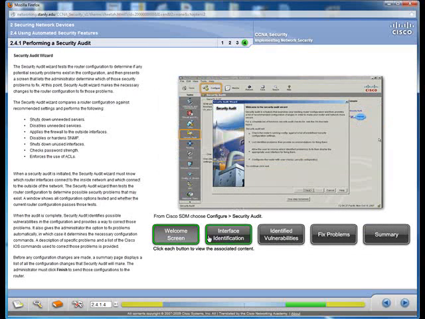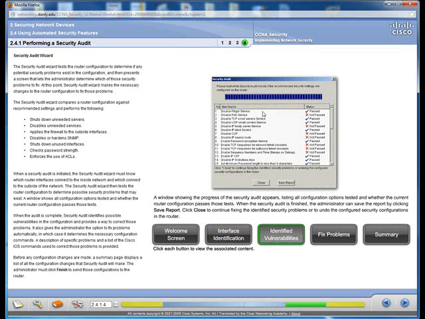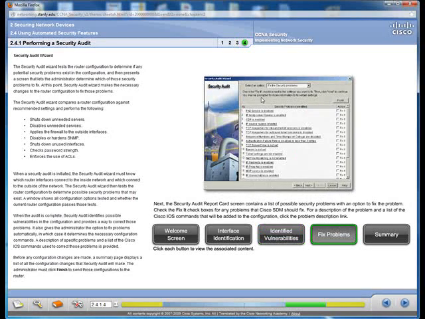So here's Security Audit Wizard. Okay, so we go in, we click on Security Audit. You tell it which interfaces are inside, which ones are outside, so which ones are clean, which ones are dirty. Here are the vulnerabilities that have been found. And then, if you want to fix the problems, you can click all these, click Fix It,